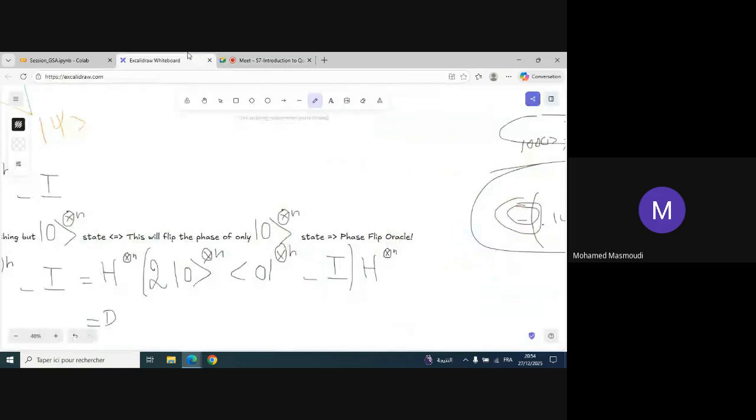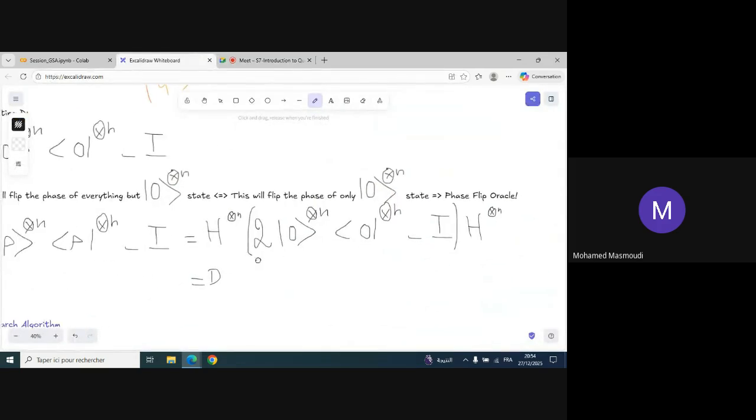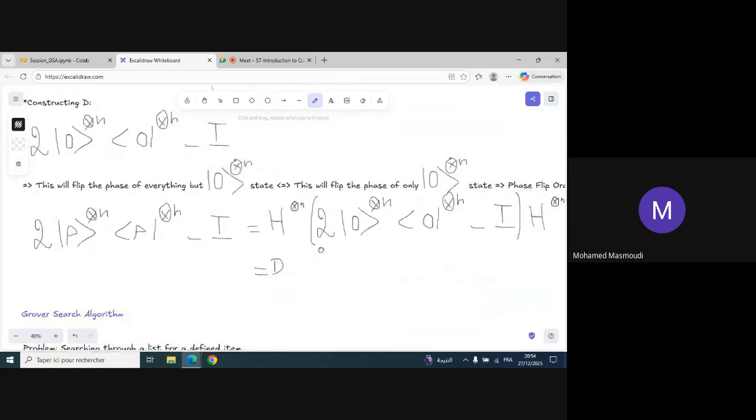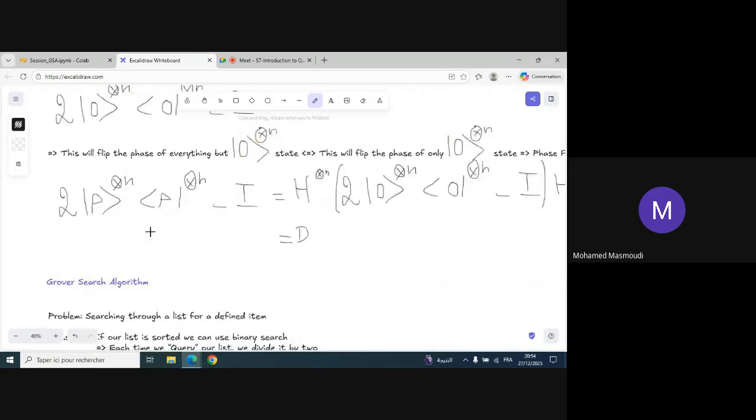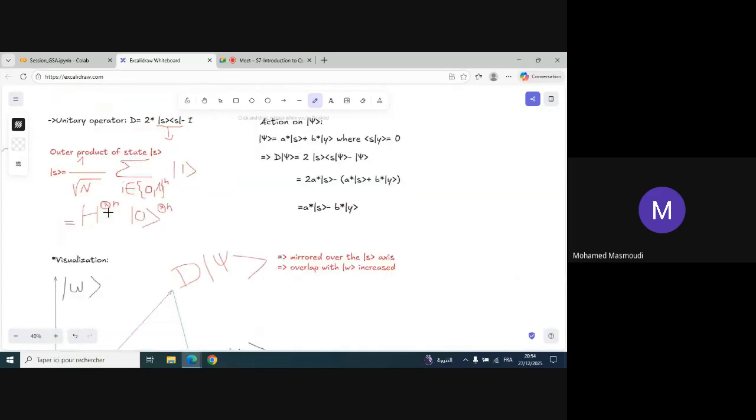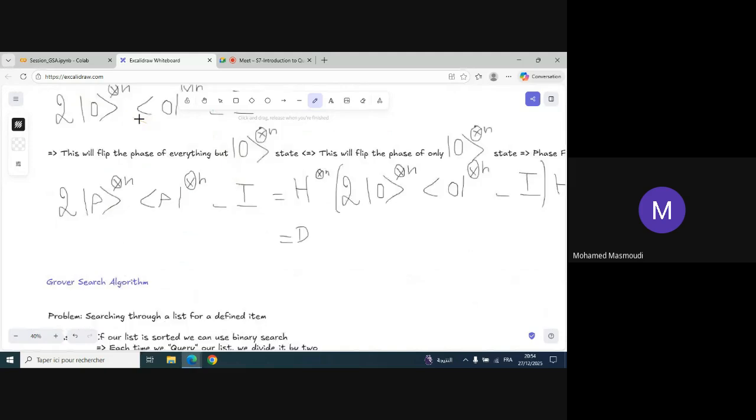Okay. So this is exactly the functioning of the phase flip oracle. And from what you might notice, this particular operator, the diffusion operator, is equal